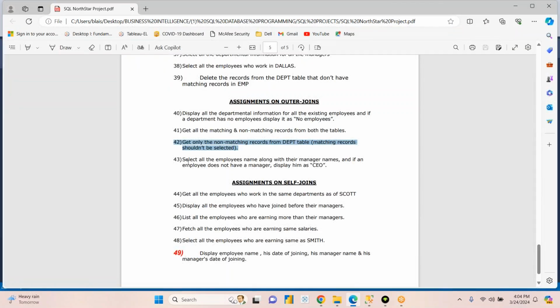These questions are very interesting. I encourage everyone to check them out. See? Select all employees' names along with their manager names, and if an employee does not have a manager, display him as CEO. Yeah, this is similar to what we did for a self join, but now this question will be a self join